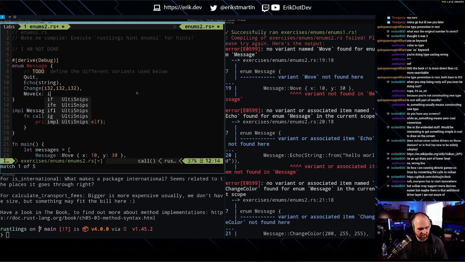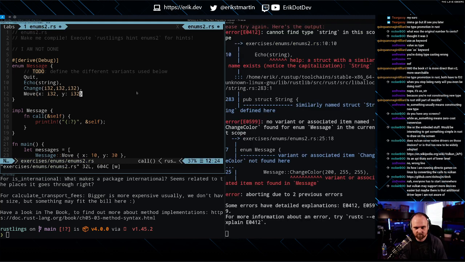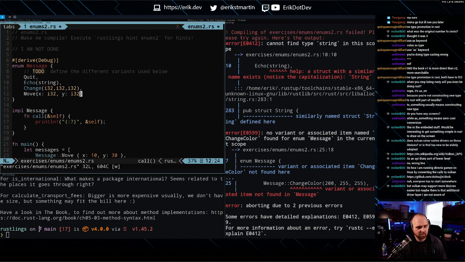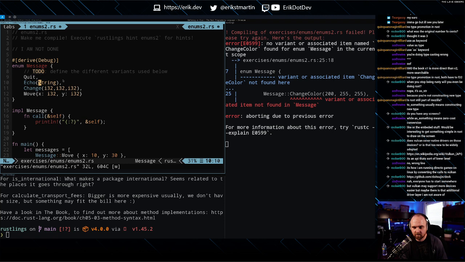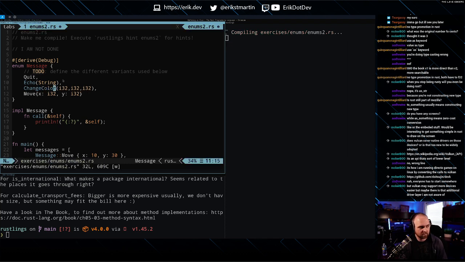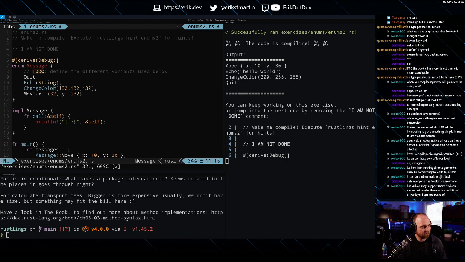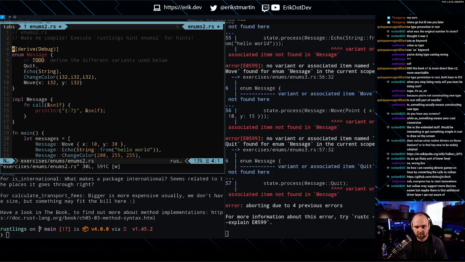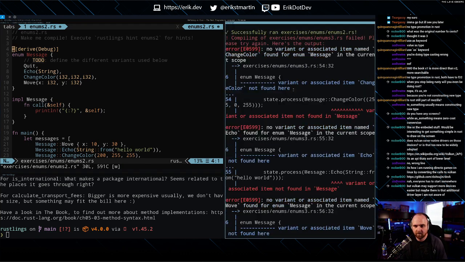So x: i32, right? y: i32. Help, a struct with a similar name exists. Line 7. Variant or associated item ChangeColor. Okay.